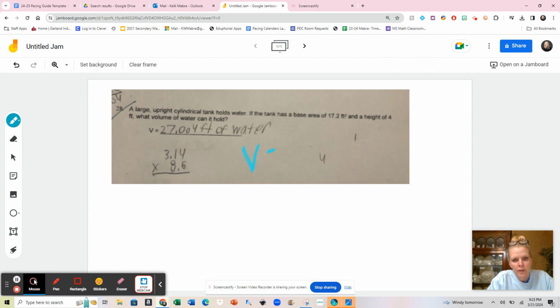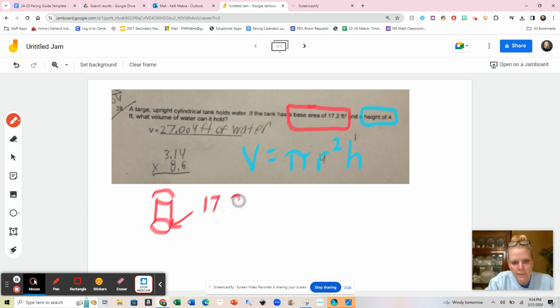The formula for volume is volume equals pi times the radius squared times your height. All right, so we know the height is going to be 4 feet. That's all we know. What we also know is that the area of the base is 17.2 feet. If I draw that cylinder, it's going to look something like that with a top around it. So we know that the area of the base, the entire thing, is